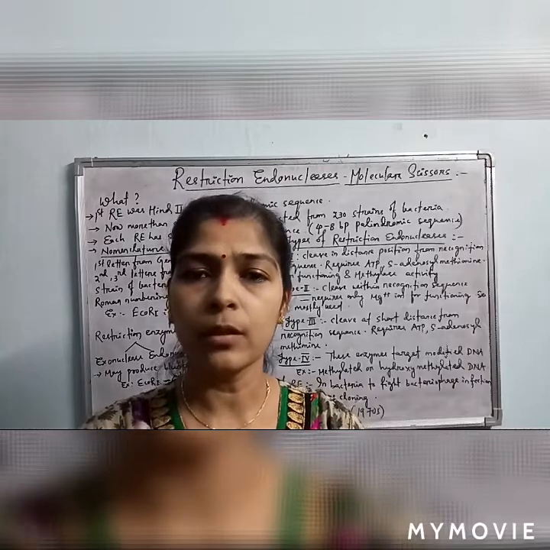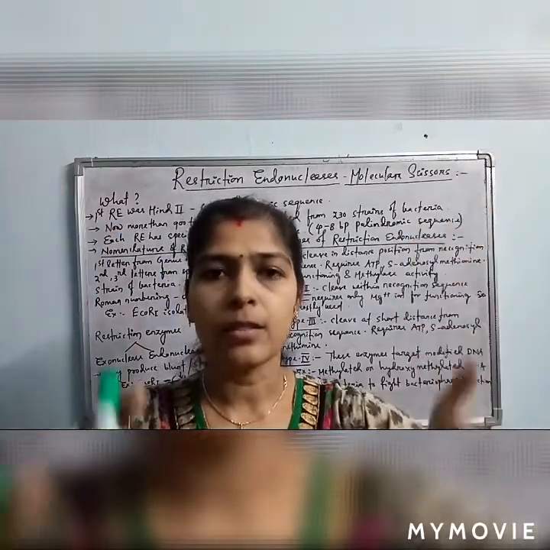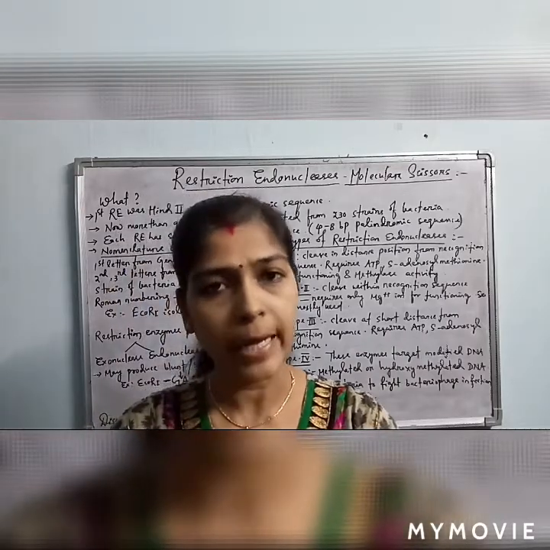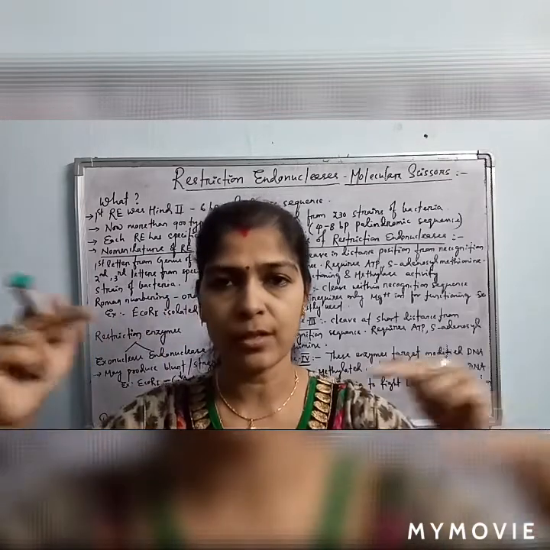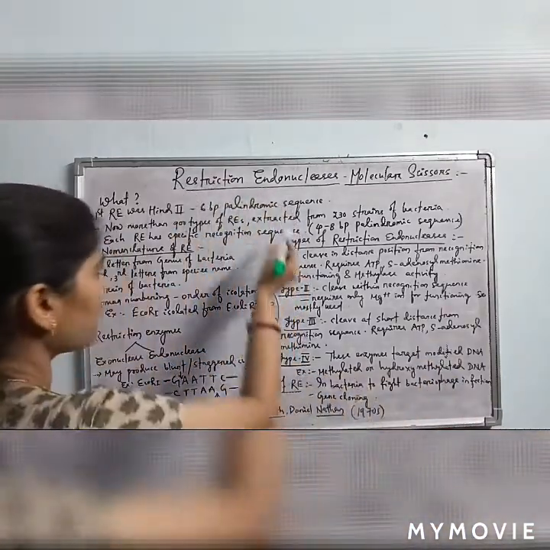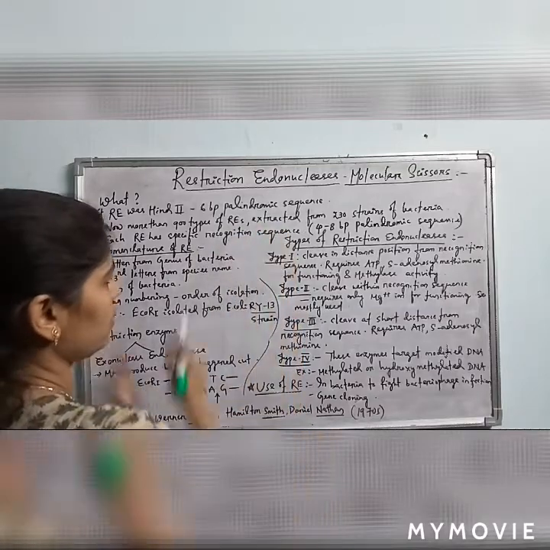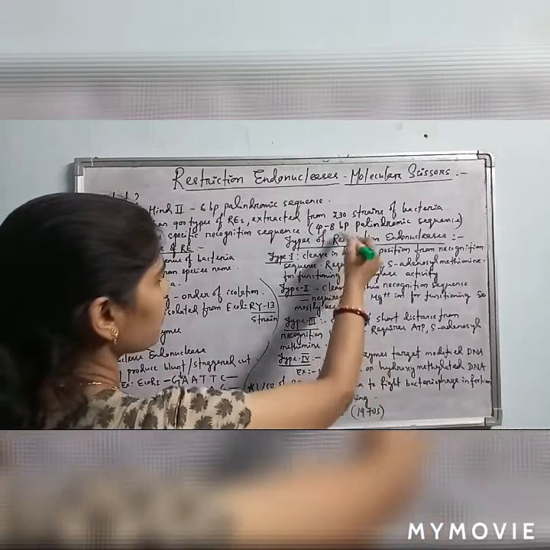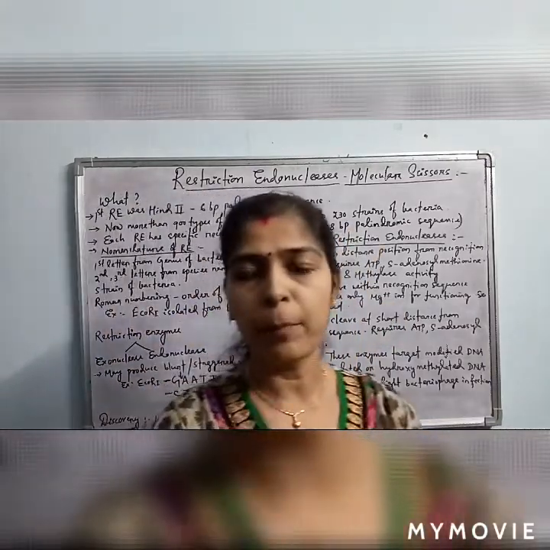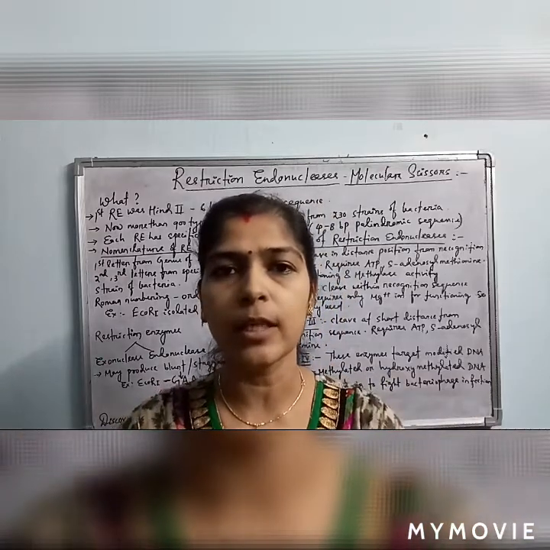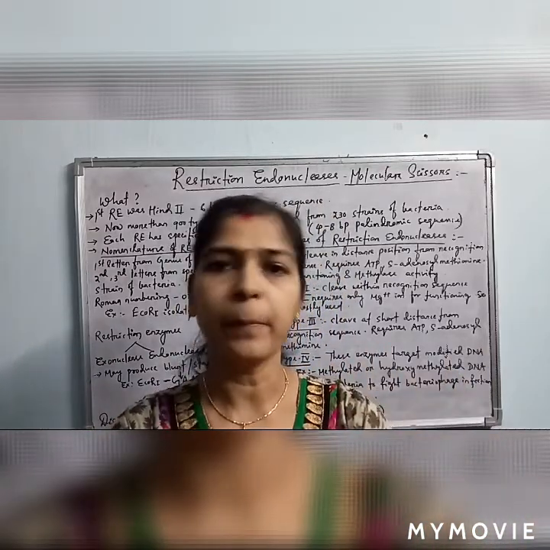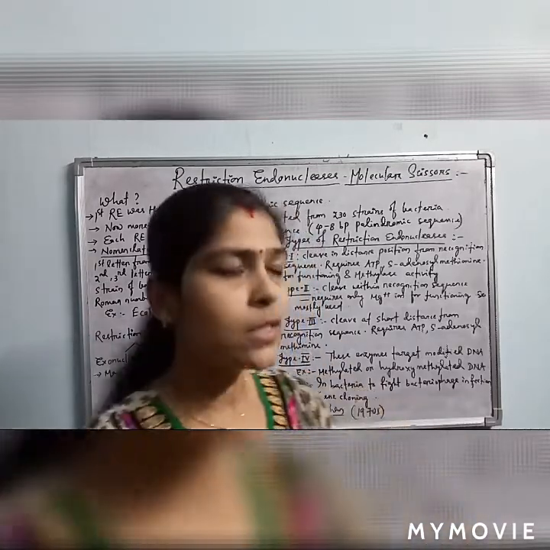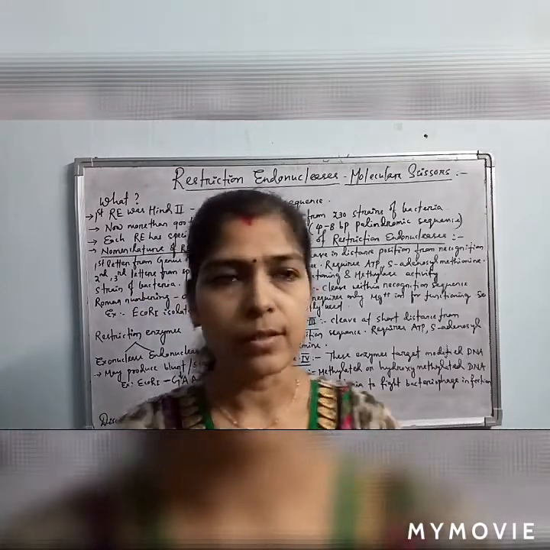Okay, they may produce blunt cuts, meaning at a time in the same position they cut both of the strands of the DNA, or they produce staggered cuts or hanging cuts, in which hanging ends of the two strands of DNA are there. Okay, so they maintain a recognition sequence, and most of these restriction endonucleases maintain a palindromic sequence of 4 to 8 base pair region, and repeatedly these types of palindromic sequences are available inside the DNA. So as they find the number of palindromic sequences of the same type, they cut the DNA into many pieces. Okay, so this is the role of these restriction endonucleases.